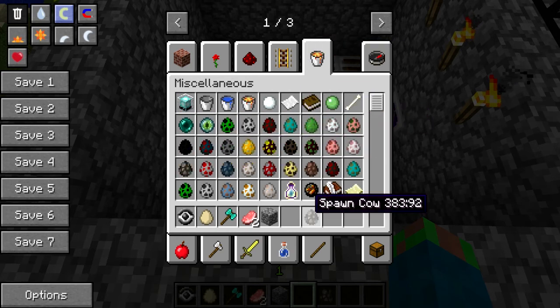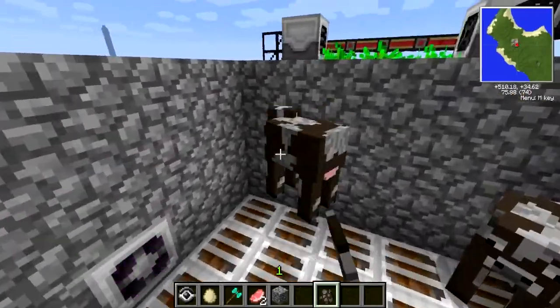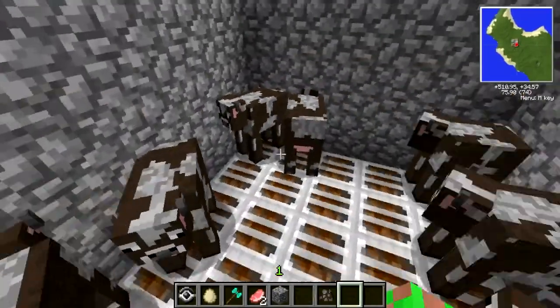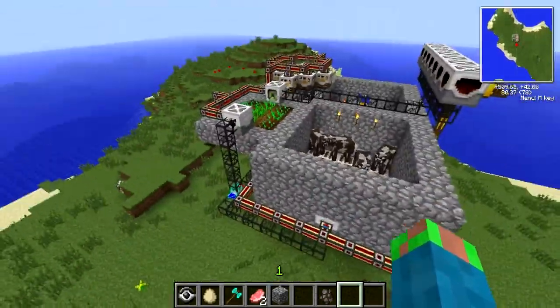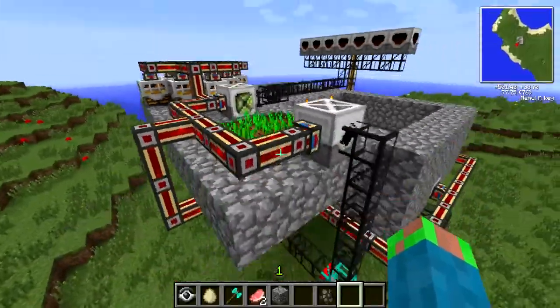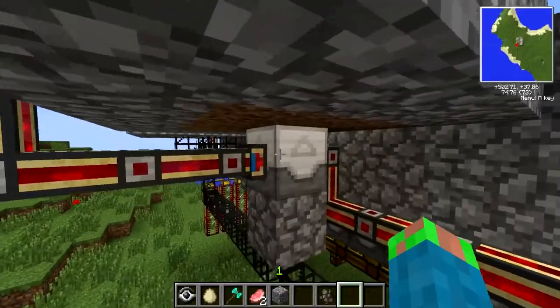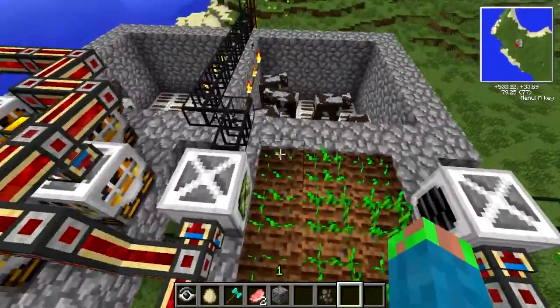So once you've got yourself a few cows, the more the better, obviously, the more the faster the things spawn, then you can start making your breeder, but obviously you're going to need some wheat. Either you can put it in there manually, or what I've set up here is an automatic wheat farm. It's the same setup as the automatic tree farm in the first tutorial, or second tutorial. And it will just plant the wheat,